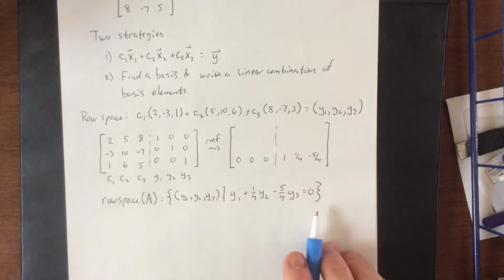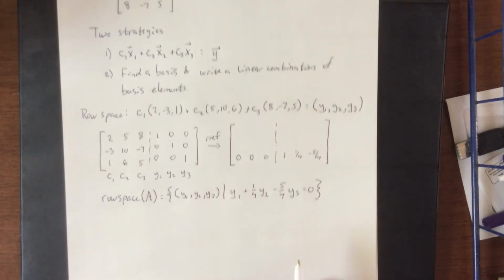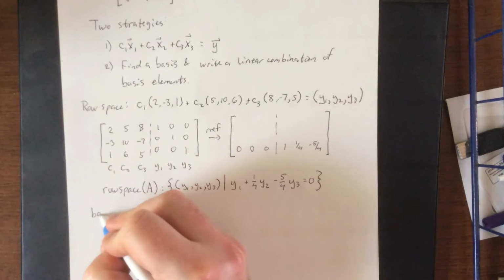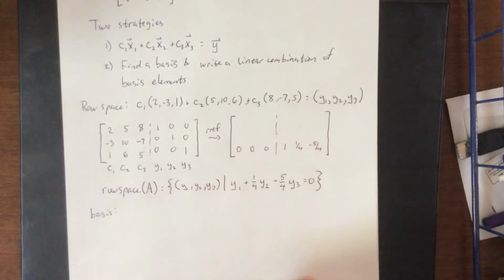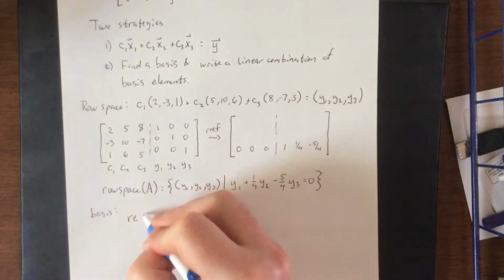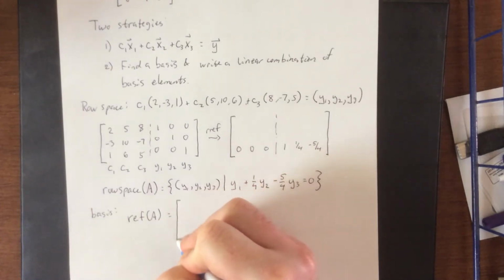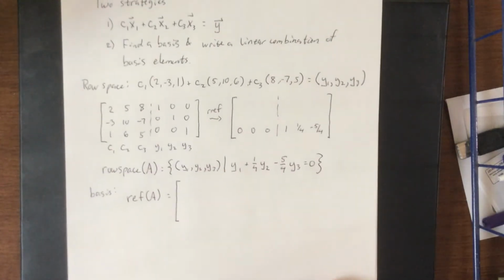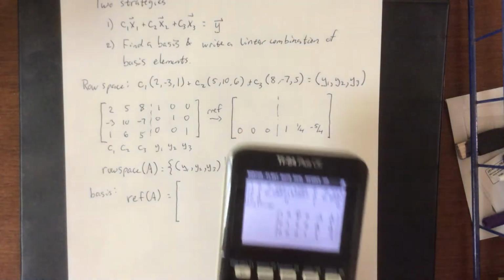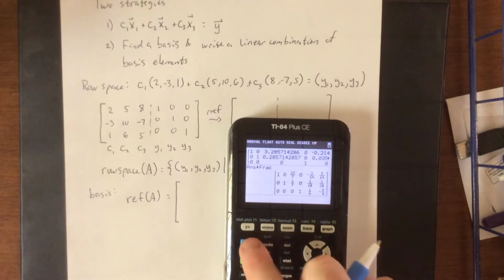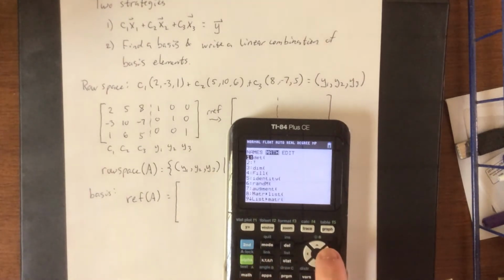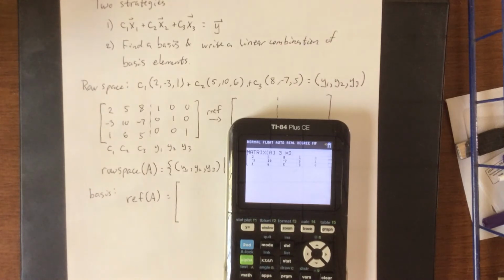Now, again, this is just a representation of the row space. If we wanted to get a basis for the row space, what we would do is figure out what row echelon form of the matrix A looks like. Any non-zero rows that we get there will be basis elements. Now, the nice thing about what we just did is there is a nice shortcut for this. Heading back into the matrix menu, if you edit your 3x6 matrix down to a 3x3 matrix,